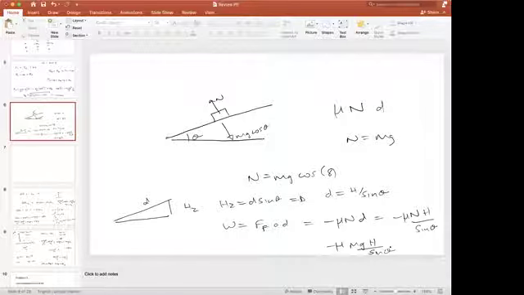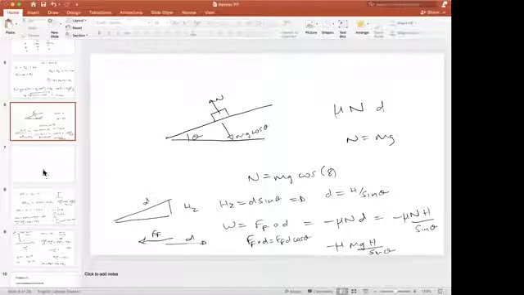And all I asked for on that was the symbolic answer there. Does anyone have any questions on why that's negative mu n d? When we do the work, the force of friction is actually backwards, and d is that way as it goes up the ramp. Therefore, because they're off by 180, it picks up a negative sign. This is really force of friction dotted with d, which is f d cos of the angle between them. They're 180 degrees off, so they pick up a negative sign. Okay,